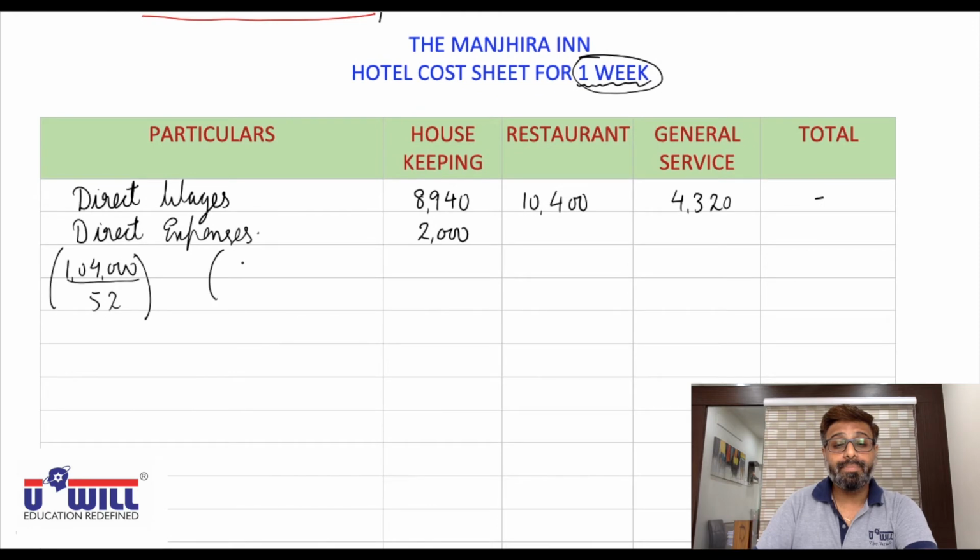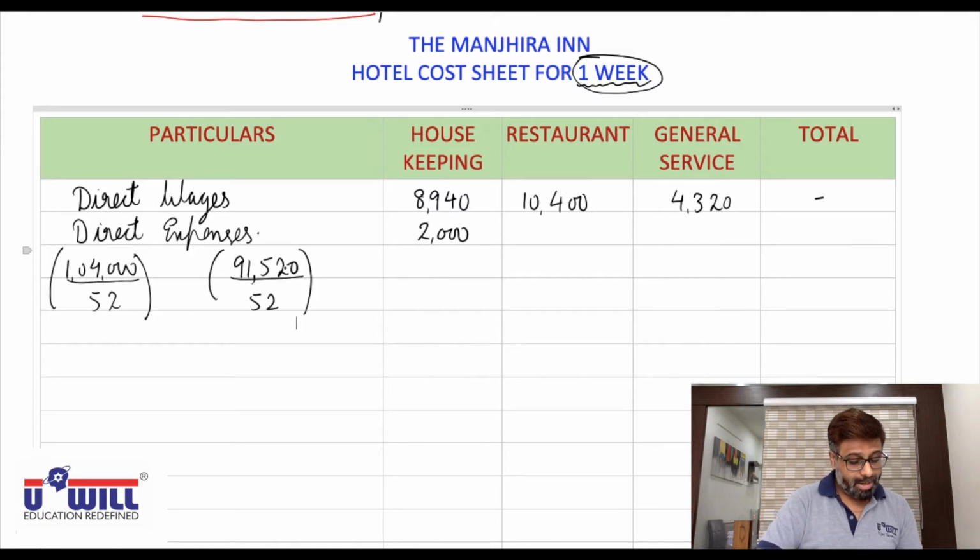91,520 divided by 52. So what will be the cost per week? Do it in calculator. 91,520 divided by 52. So that comes to 1760